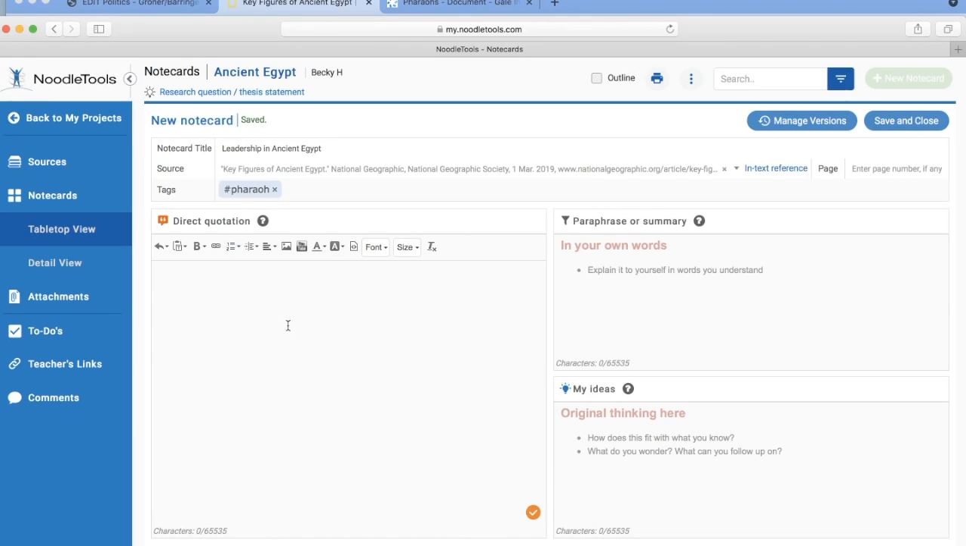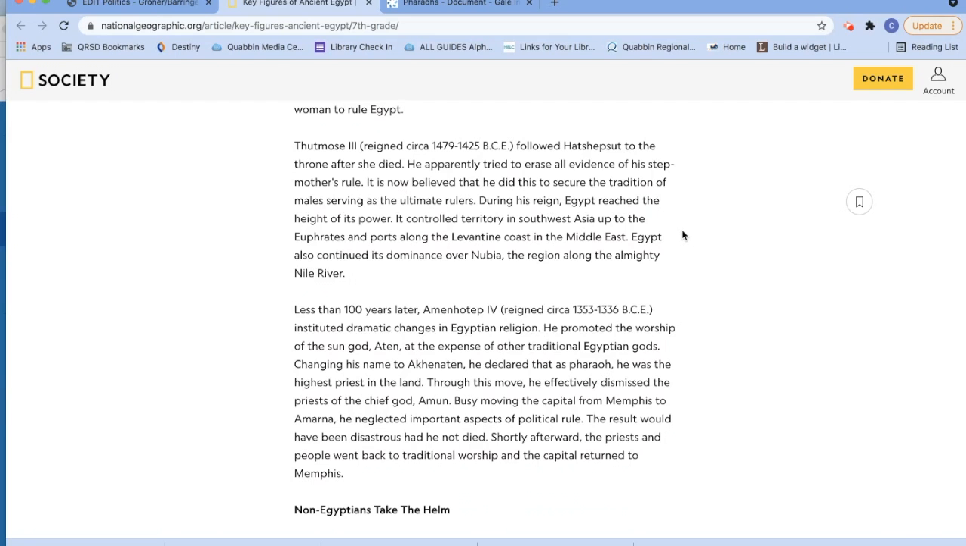We have a direct quotation here, which means that we can copy directly from the text. We know that that would be a quote that we could include in our research and that those words are not our own. One of the interesting things to note about this particular article that highlights specific rulers in ancient